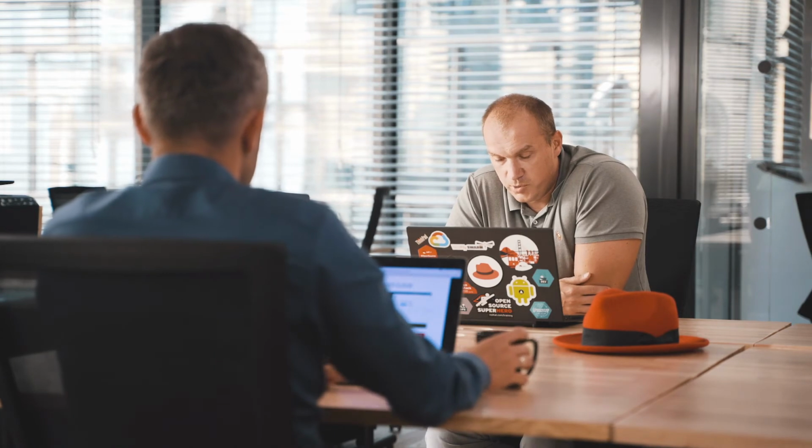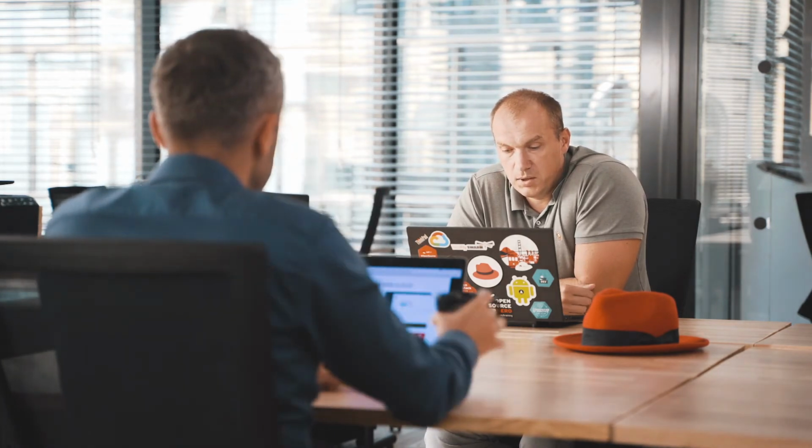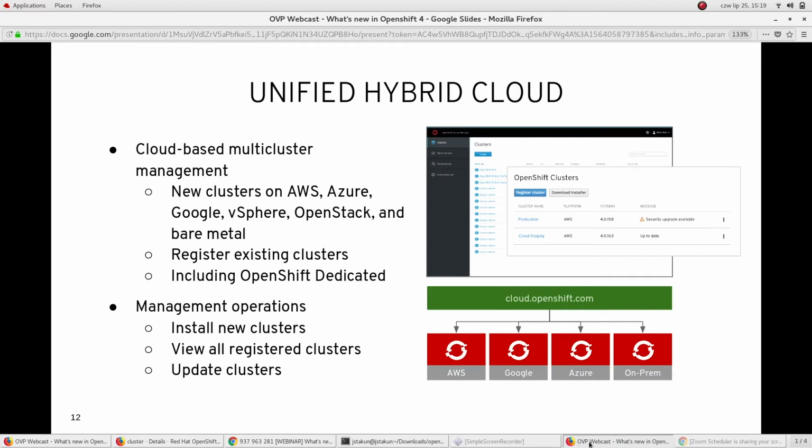So it will be beneficial for those who are planning to have some installation on-prem and extend the cluster into, for example, AWS. Exactly, yes, because as you know, OpenShift can be installed on many infrastructures. You can see here public cloud, on-premise, and it might be beneficial for many reasons to have one central console where you can register your cluster, manage your subscription, get some notifications about updates and new versions,